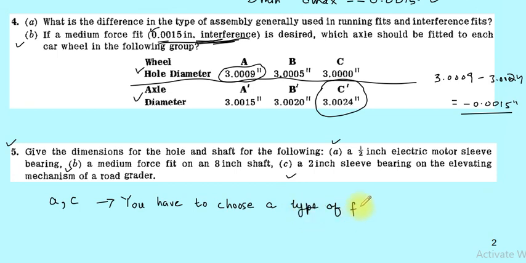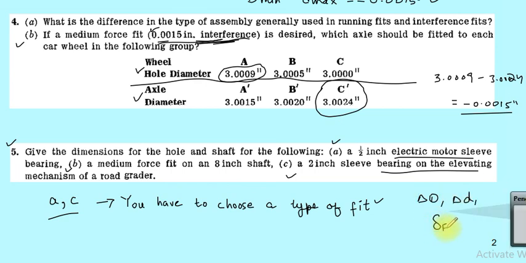Right? So based on the application, आपको एप्लीकेशन बता दी है कि इलेक्ट्रिक मोटर स्लीव बेयरिंग है, ठीक है, या ये एक और बेयरिंग है विच इज़ ऑन ए एलिवेटिंग मैकेनिज्म ऑफ ए रोड ग्रेडर। तो अब आपने टाइप ऑफ फिट जो है वो खुद चूज़ करना है। फॉर दैट आई विल प्रोवाइड यू सम ऑफ द रीडिंग मटेरियल। यू कैन ऑल्सो गो इन टू द इंटरनेट एंड फाइंड आउट कि A और C में बेसिकली टाइप ऑफ फिट क्या होगा। जब आपको टाइप ऑफ फिट पता चल जाएगा, फिर आप वही टेबल्स यूज़ करेंगे। यू विल गेट अ सिंबल और उस टेबल से फिर आप ये सारी वैल्यूज़ फाइंड आउट करेंगे जैसे हमने एग्जांपल्स में किया।